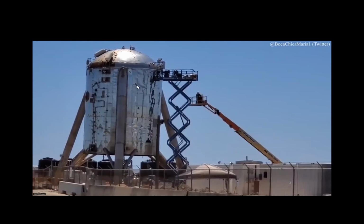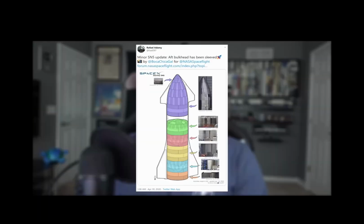Star Hopper is getting dismantled. Yeah, it's sad to see it because it has been through a lot, and it was the first test vehicle for Raptors. They are recovering some parts that were used, and yeah, SN5 is way ahead of SN4